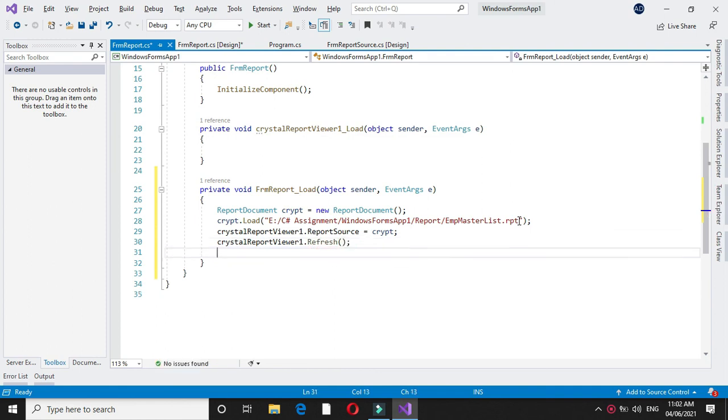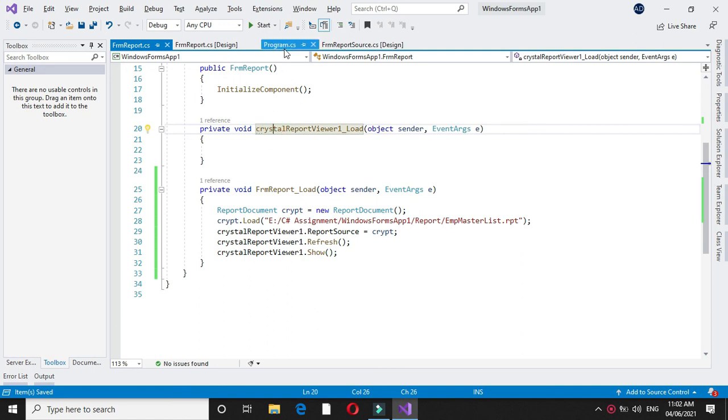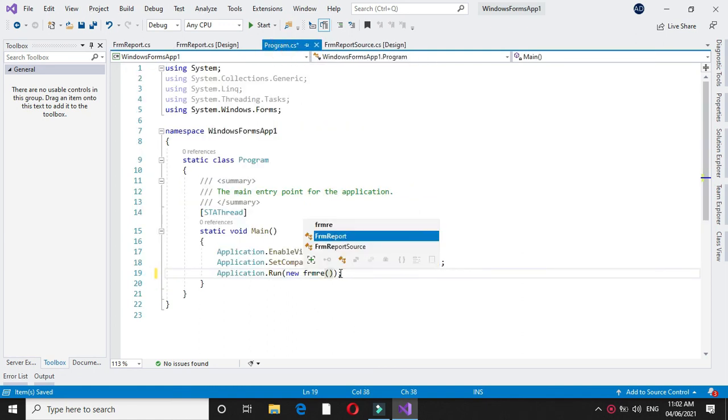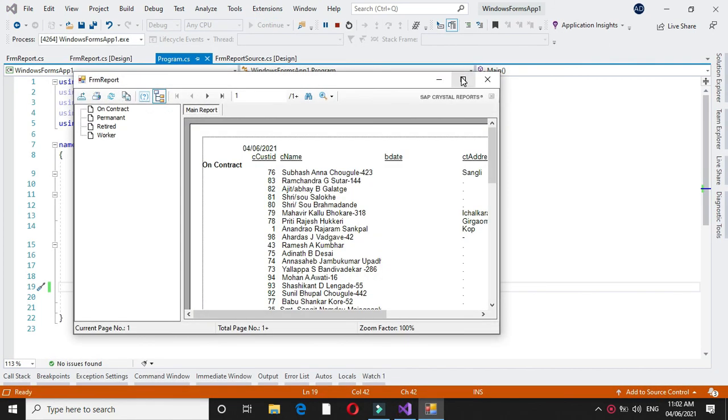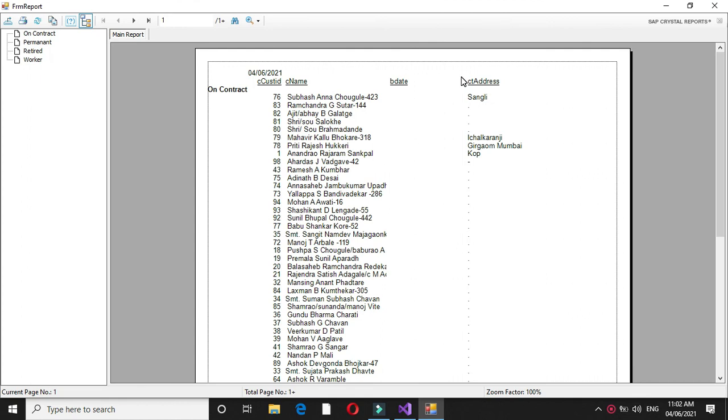And then set CrystalReportViewer1.Show. To execute, I will set it as a startup form and I will execute it. It will execute the report programmatically.